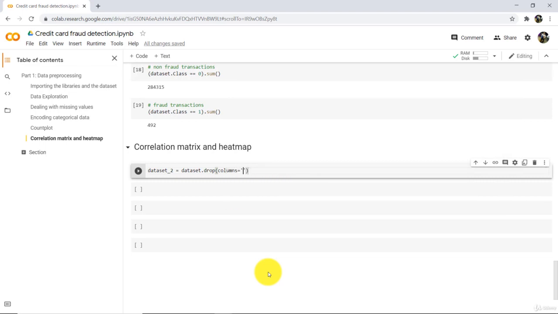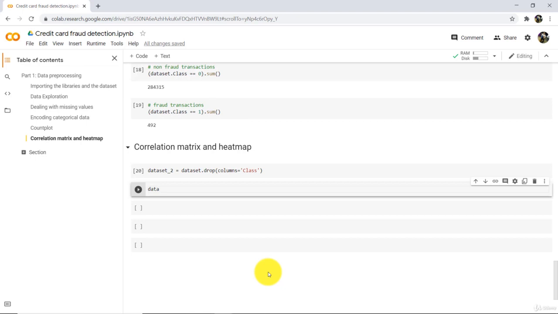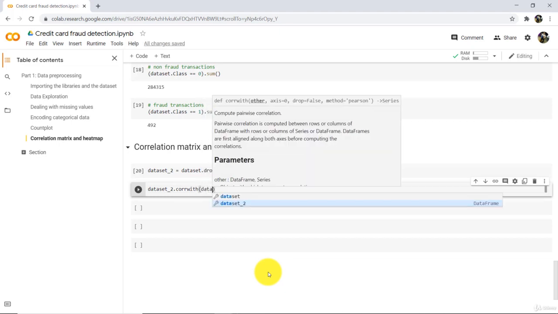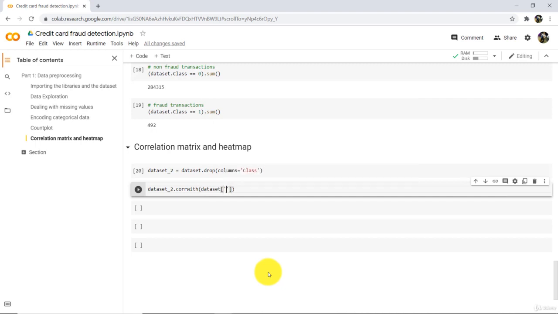This is the target variable that we are going to drop here. That's it, and execute. Now type dataset underscore 2 dot corrwith, specify the target variable dataset. This one is the target variable class dot plot